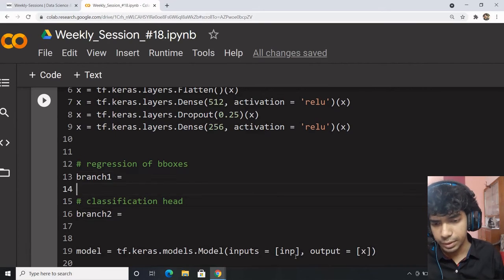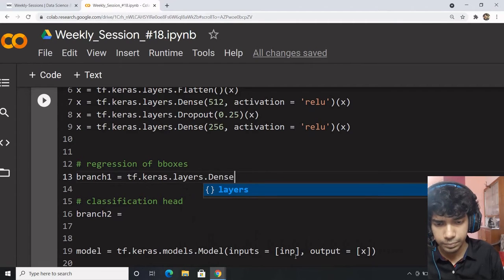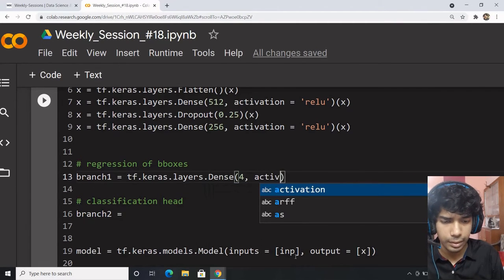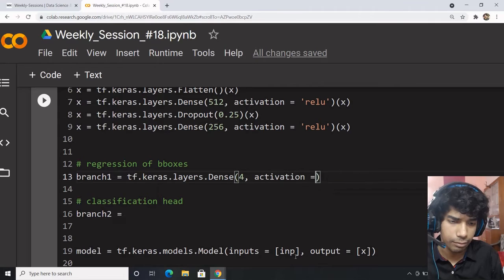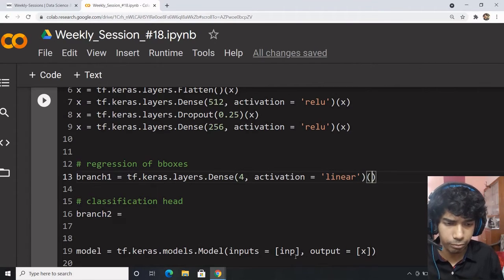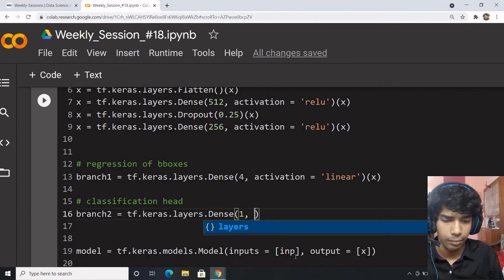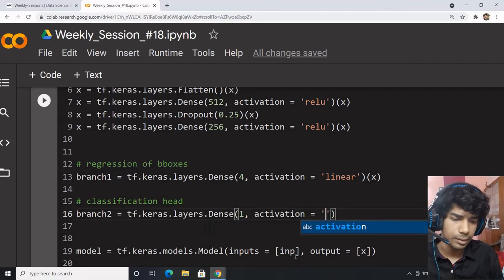So first branch, which is the regression branch, it would be a dense layer, 4 units. Activation, you can have softmax, or better to say, you can have a linear activation because you're performing a regression. And over here you would be having layers dense with activation as softmax.